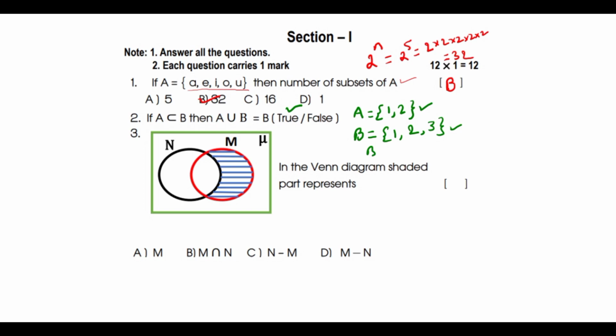The next question is, a Venn diagram has been given. The Venn diagram shaded part represents what? N and M are given, right? So it is M minus N, because you have practiced many times what the B minus A Venn diagram is. Okay, don't get confused. It is nothing but the B minus A Venn diagram, that is here the M minus N Venn diagram. Option D for this.